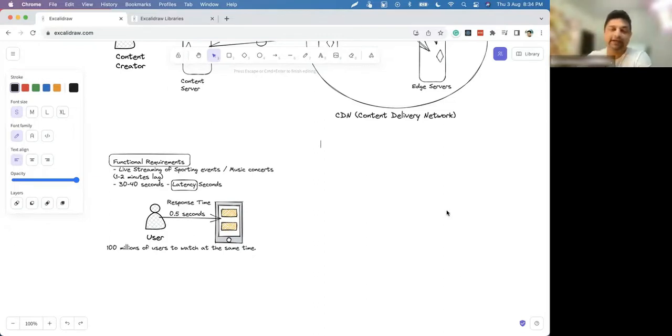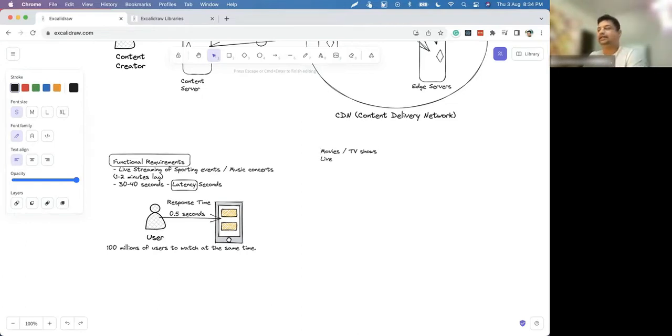Hotstar or Netflix or any other platform, they will also have recorded content, right? So they should be able to have videos there. When you click on the video, it's not live. So there could be a lot of optimization which could be done in the backend for delivering the videos or TV shows, right? So here no challenge, but maximum challenge is in live content, right?